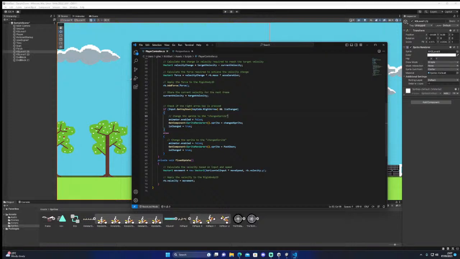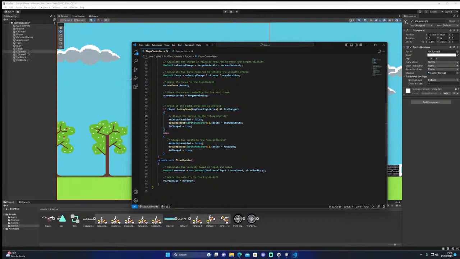Change the sprite to change sprite. So if input get key down, right arrow, not is changed. That's what gets me. All this bloody logic is horrible. Change the sprite to that.